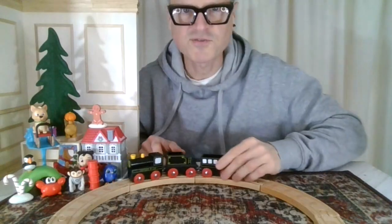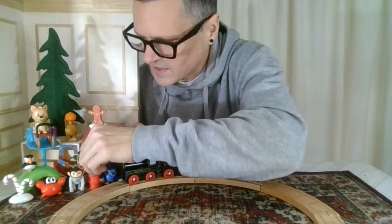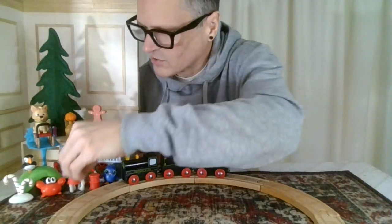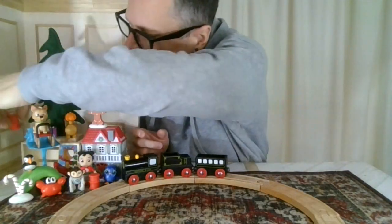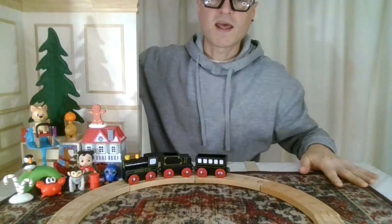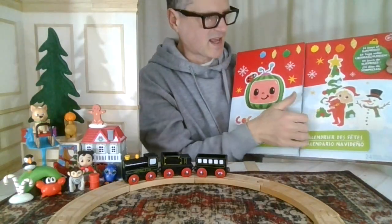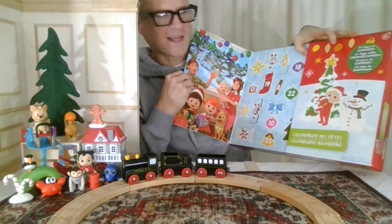Okay, we got the train, we got a little house, we got all our little friends, we got stackable little barrels and things. Let's put this one under the tree. We're always adding things to the tree. Let's go ahead and open up the advent calendar and see what's happening in CoComelon today. Maybe we will finally get